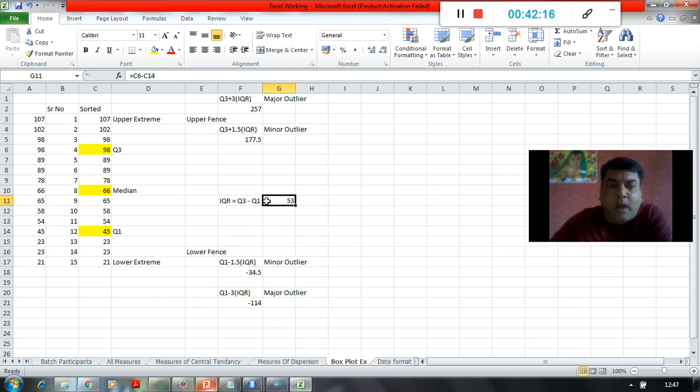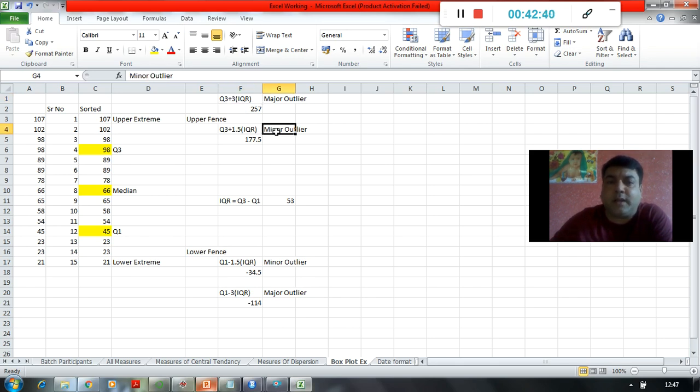Now to calculate the outliers, it internally uses 4 different formulas, right? One formula is Q3 plus 1.5 into IQR, and Q3 plus 3 into IQR. This is just double of 1.5.